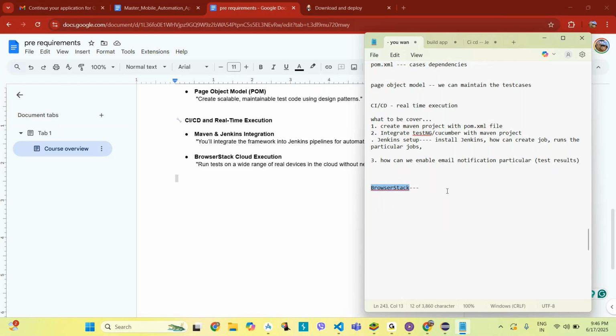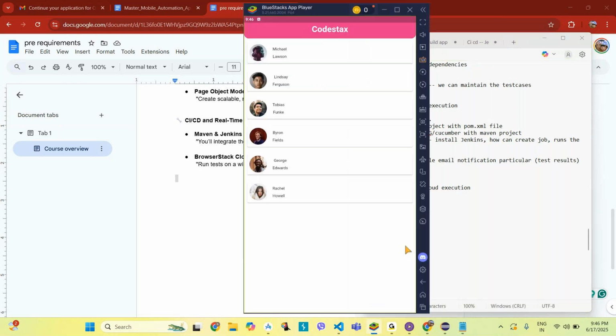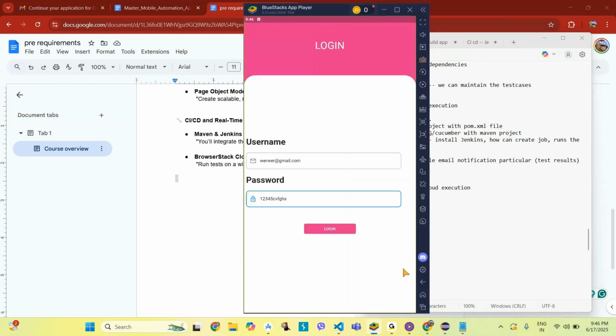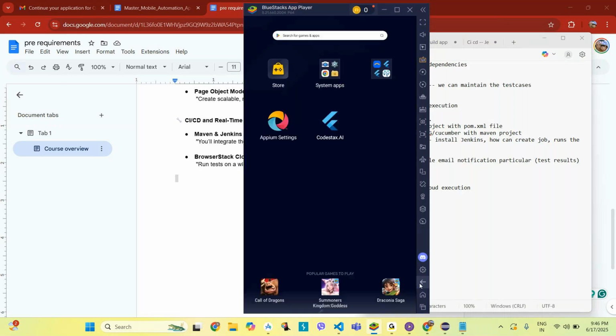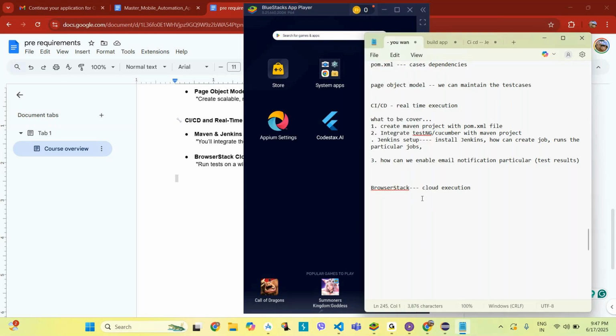BrowserStack cloud execution means, here I have just created an application. I just open it in the emulator only, right? But here I don't have an Android phone, iOS mobile, or a real or virtual device. Those are the things I don't have. I just open the particular application in my emulator only. Those are the cases. We have test cases like